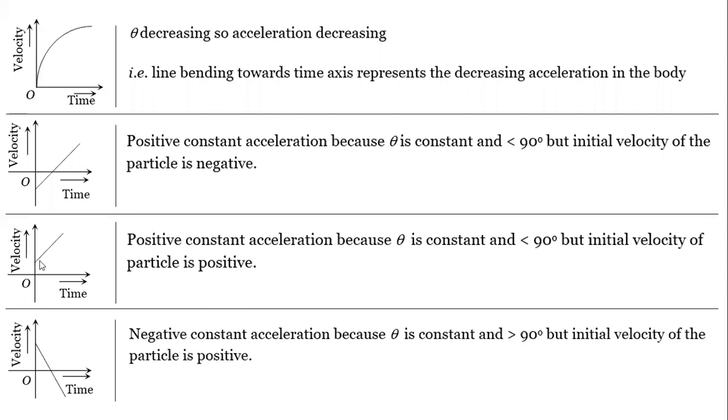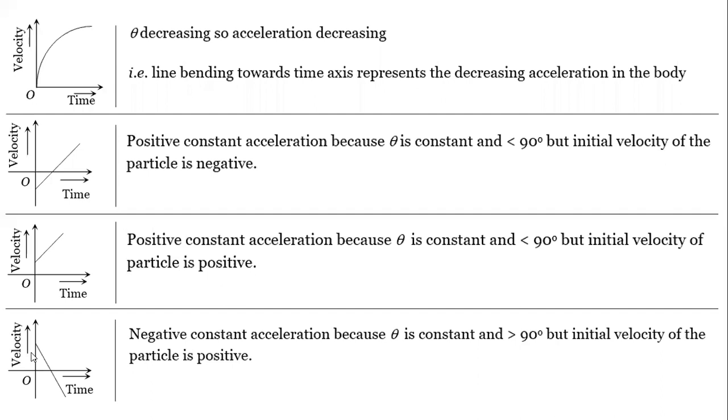Saumil, the third one, you understood? The third one is like an initial positive velocity it will have, and the velocity is going to increase. You can say a car is moving at a speed of 5 meter per second, and now you are going to increase the speed at a rate of 2 meter per second square. So see, the velocity is going to increase with a certain value.